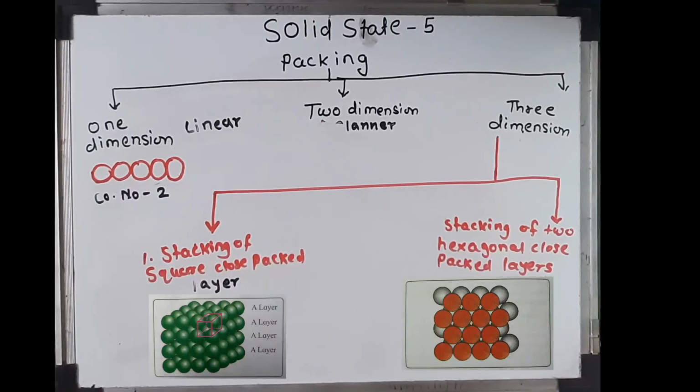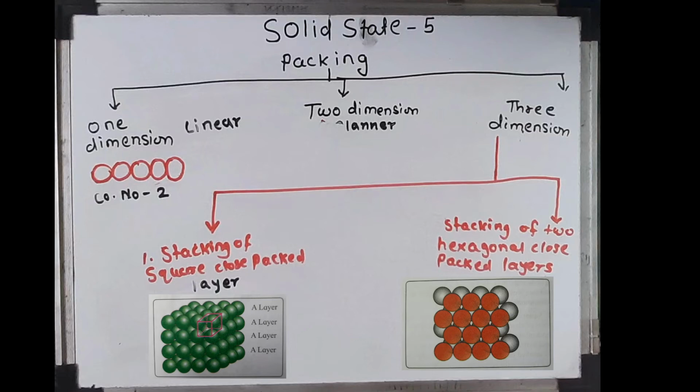It can be seen that in the simple cubic structure, each sphere touches 6 neighboring spheres: 4 in its own layer, 1 in the layer above and 1 in the layer below. Hence, its coordination number is 6. Polonium is the only metal that crystallizes in simple cubic close packed structure. An example is polonium.